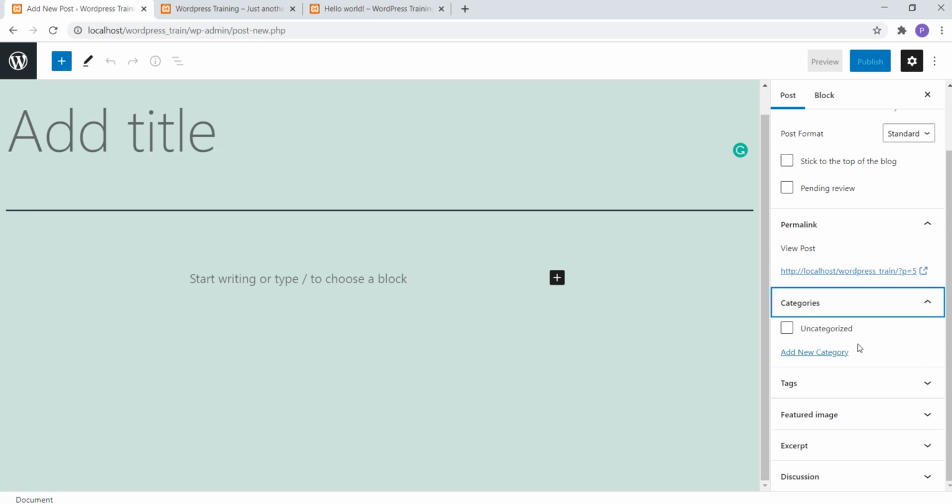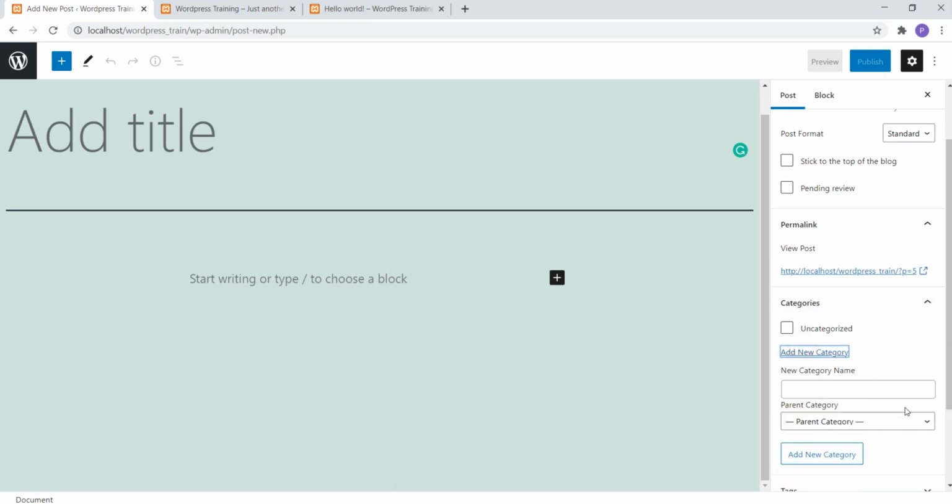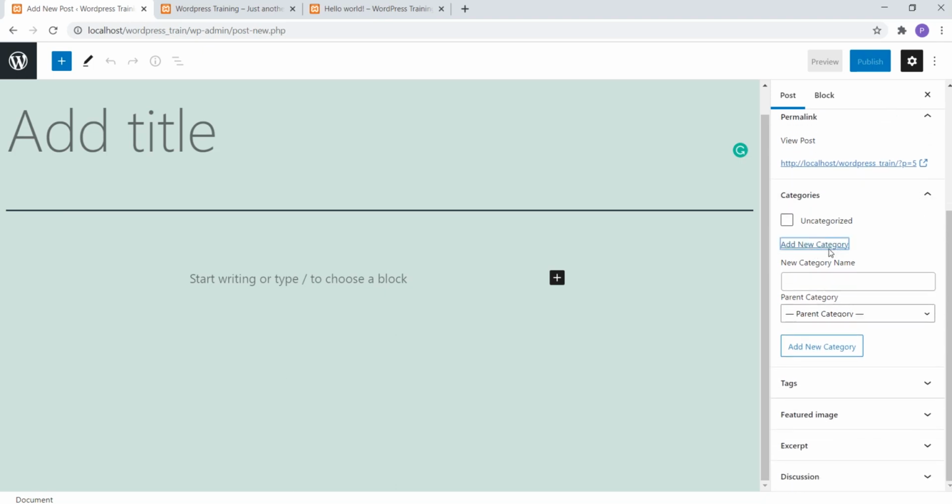Next is the categories. So you can add your own categories here, and if you want you can select your parent category also. So say if you are designing any blog page where you describe all mobiles, so you can say that your parent category will be Sony, Samsung, or any other mobile manufacturing companies, and your child categories will be smartphones, phones below 10,000, phones below 20,000, or phones with a camera. All these come under subcategories. So this is how you can categorize.